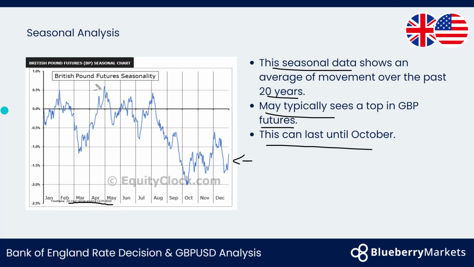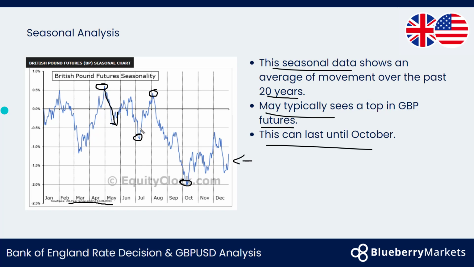So what I'm looking at is how the pound particularly performs during the month of May, and usually it is fairly bearish. We usually see a little bit of a move to the downside, and that usually lasts until July, where we see a sharp rally where we form a high in August, and that can last all the way down to October. So over an average of 20 years, the pound has been bearish through this month,